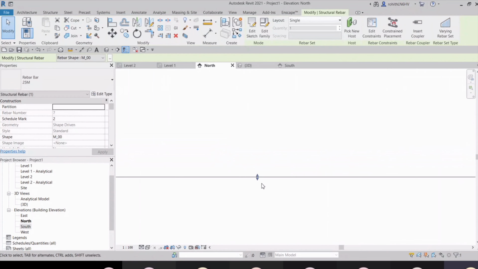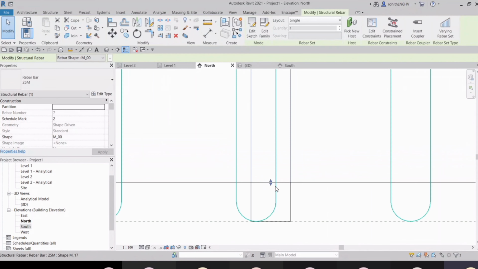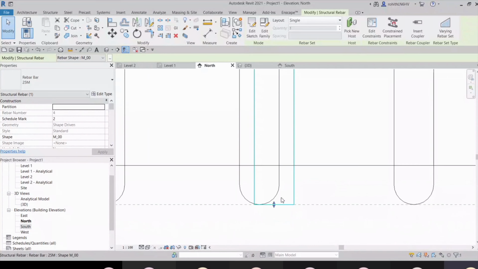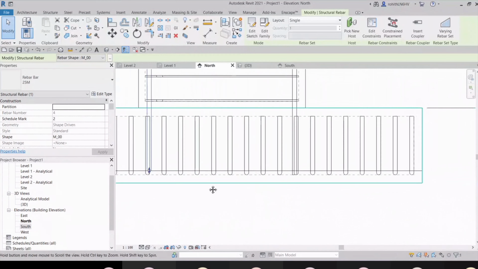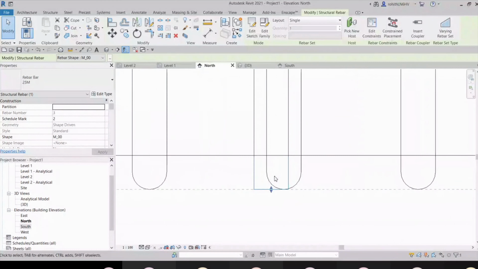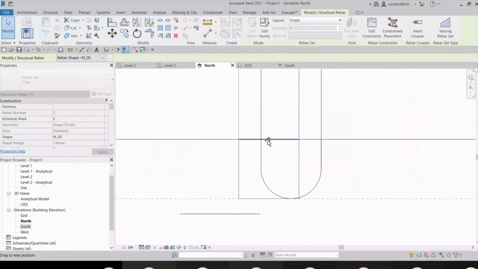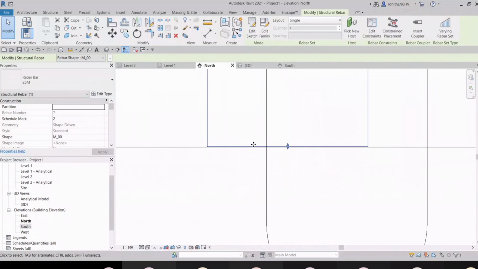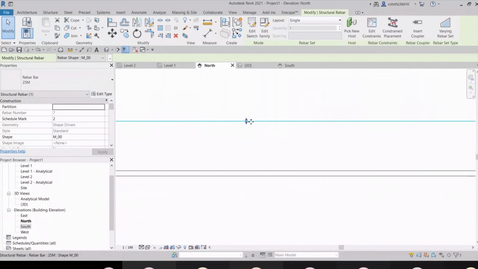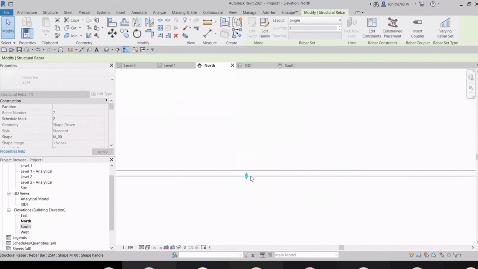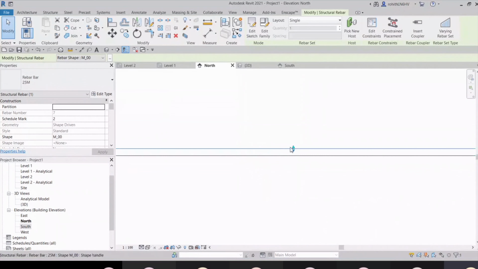It's okay. So just zoom it out, and we have another one. Okay, like that. So just zoom it.